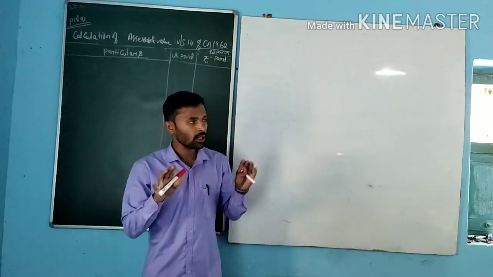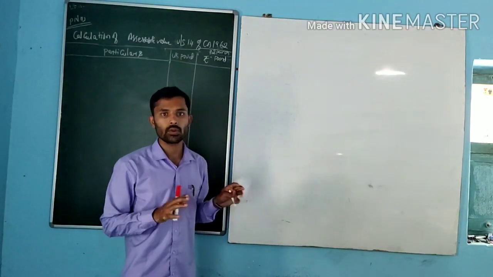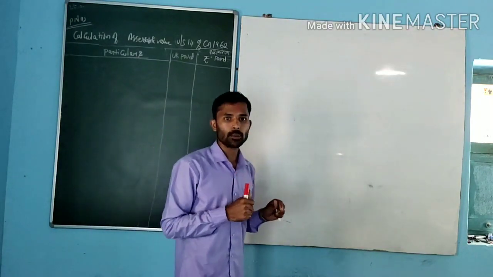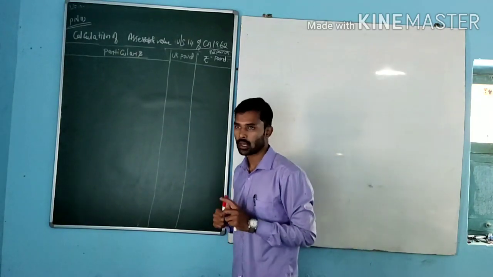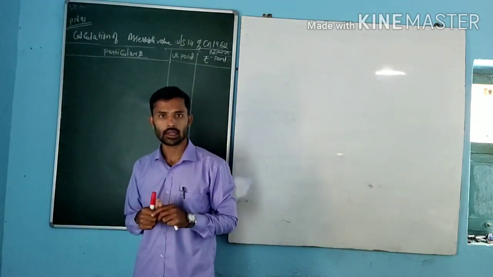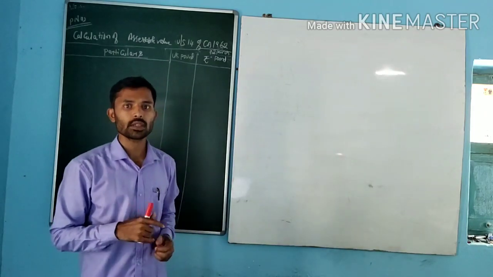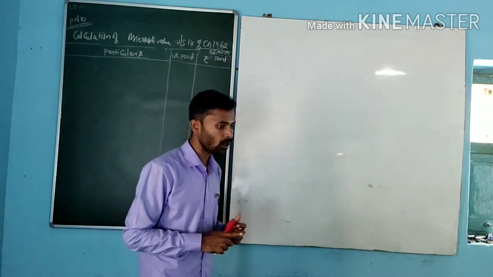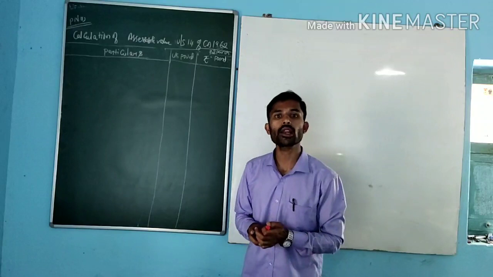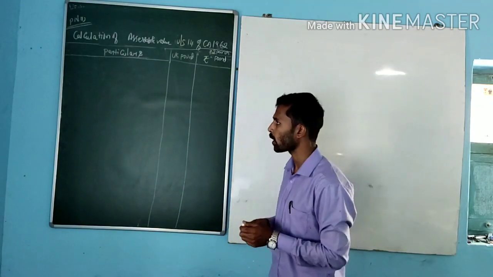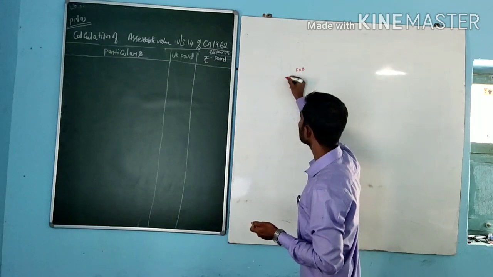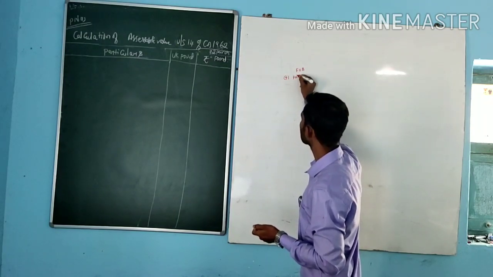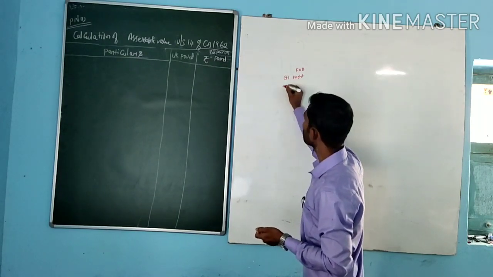Now, in this video, we will see the practical problem related to the calculation of custom duty payable. And the first step is what? Calculation of assessable value. Now, in order to calculate the assessable value, what is required? That is FOB plus freight plus insurance.